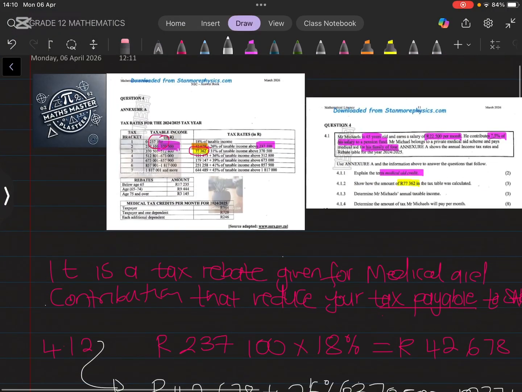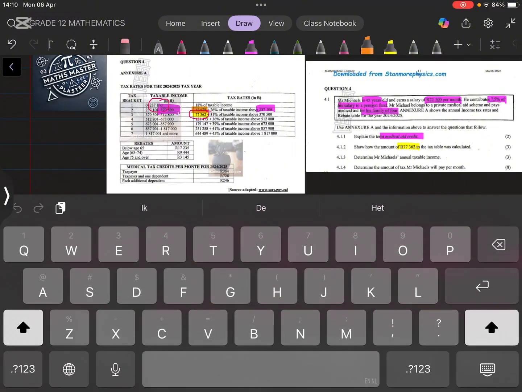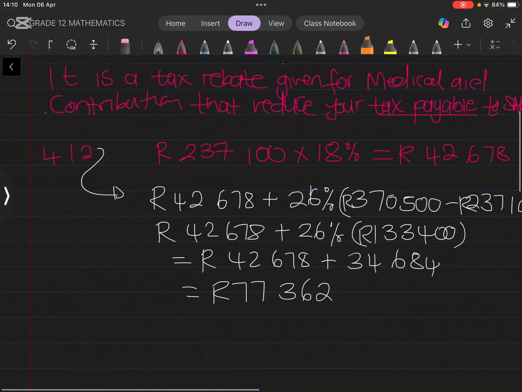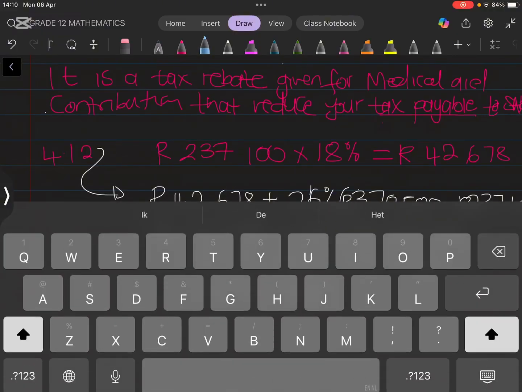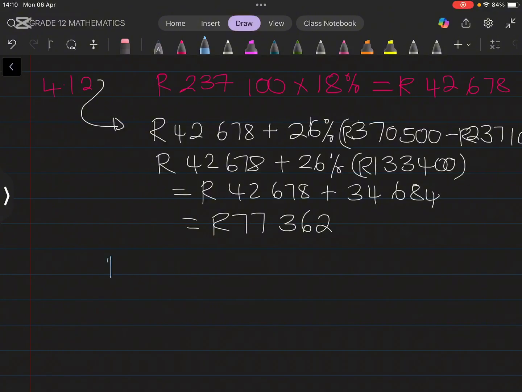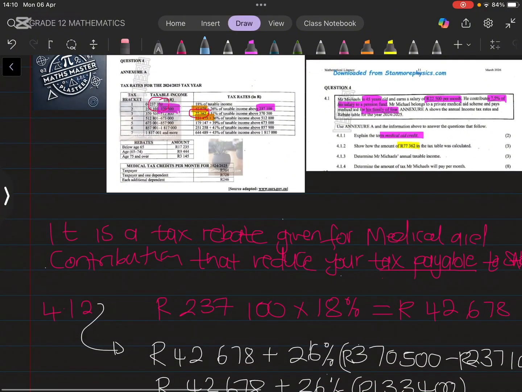and then that will give us an amount of 77,362. So now to get the third bracket, to check on how 121 was calculated, you're going to do the very same thing, but now in this case you're going to have 77,362, and then you're going to add 31%. 31% of what? Let's go check. 31% of